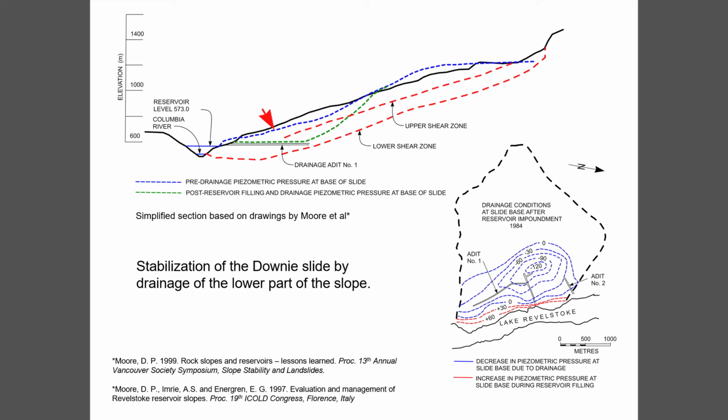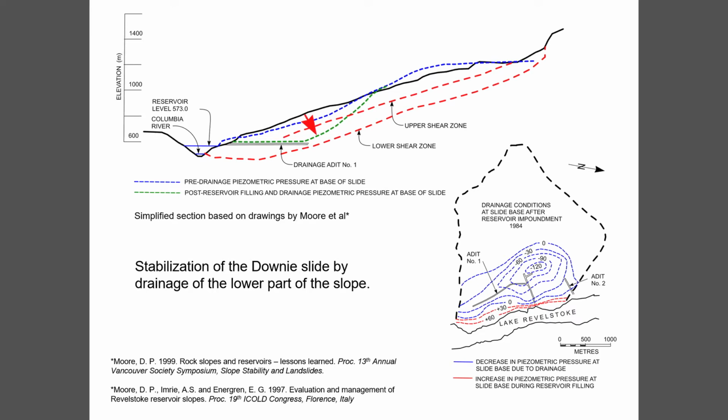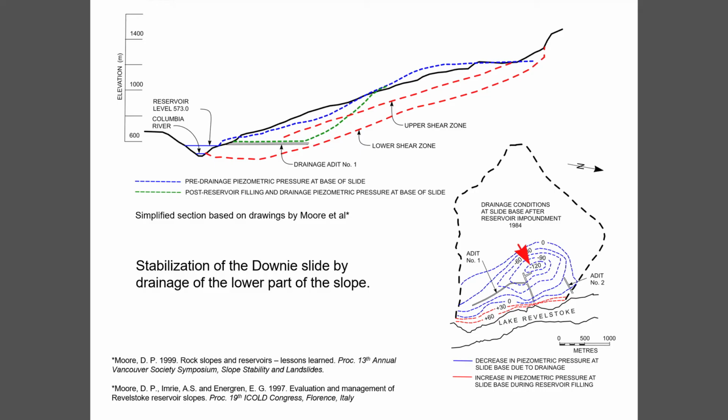And after drainage, the green dotted line there is the phreatic surface that was monitored. So it's been brought down significantly, and the movement was effectively halted in its tracks. It wasn't zero, but it was way lower than it had been before this action was taken. And in the plan there, you can see that at the center of the drainage trough, the water head had been reduced 120 meters. So this is a very, very effective solution.